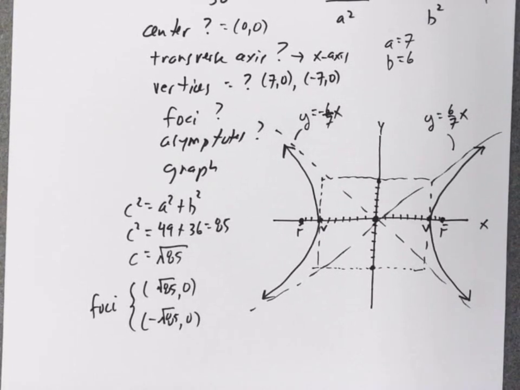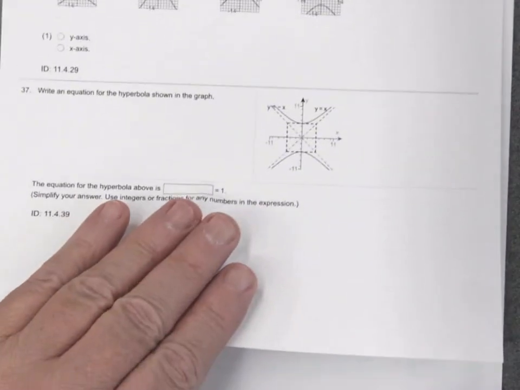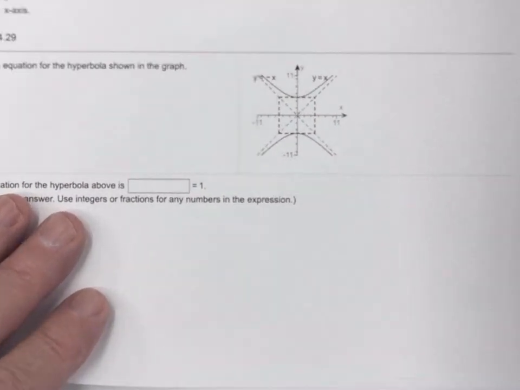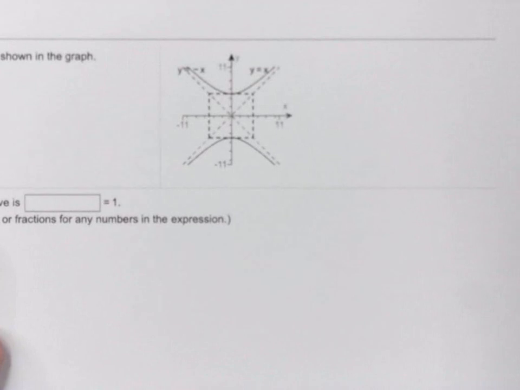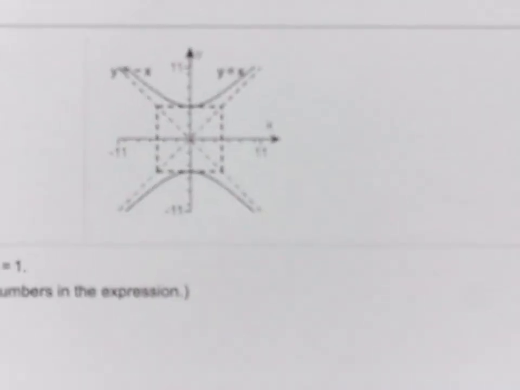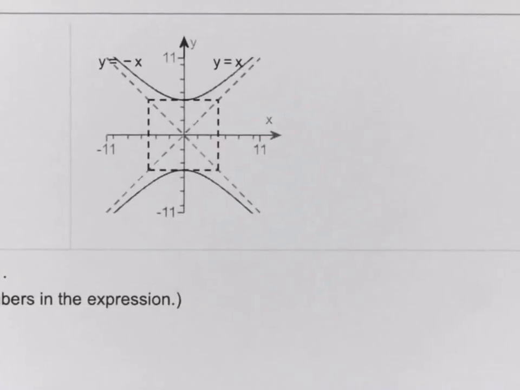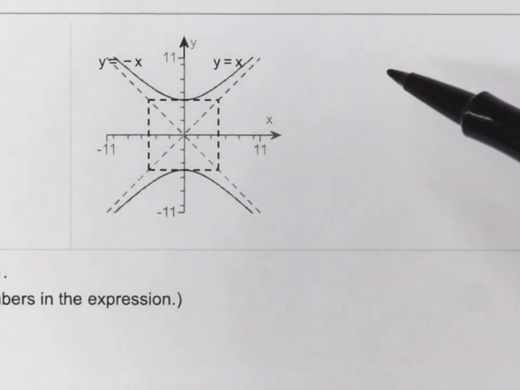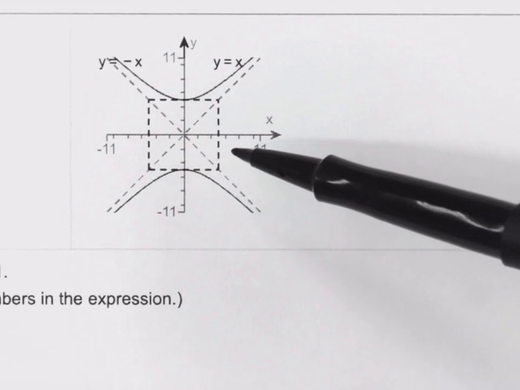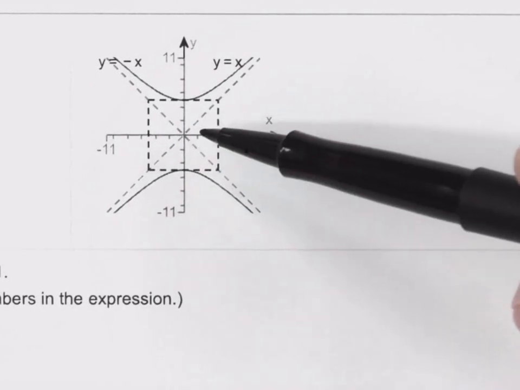And the last problem. They're going to give us the graph of a hyperbola and ask us to figure out the equation. Let's try and zoom in so we can hopefully see enough to figure out what we need. So I think we'll have to look at this graph and figure some things out. So obviously it's an up or down hyperbola, so later on I'll write the standard equation for an up or down hyperbola. But the key things are going to be the center,